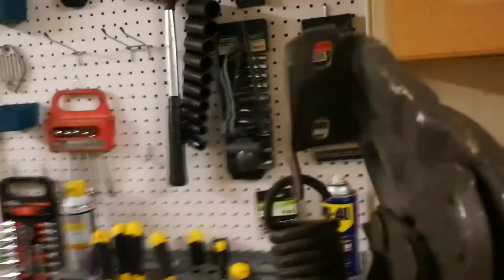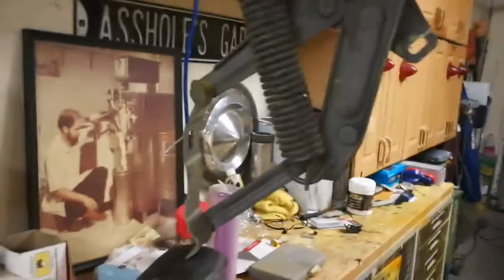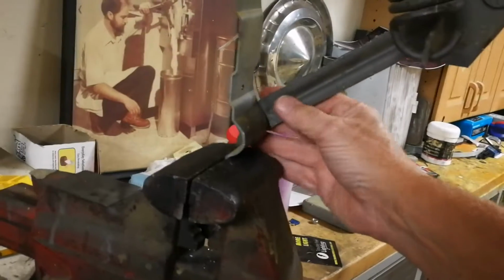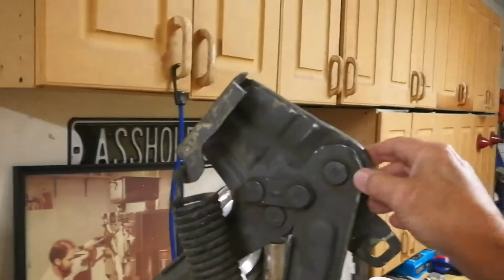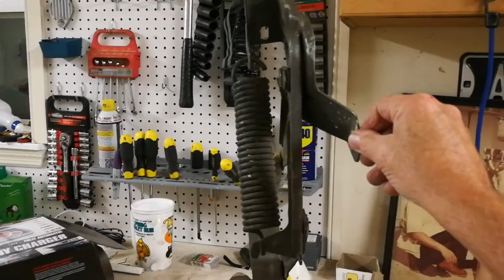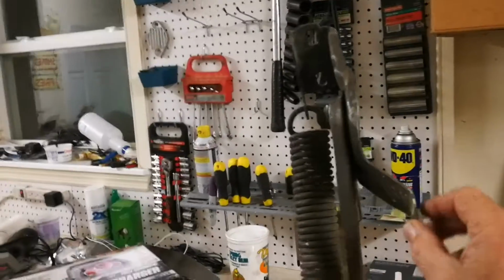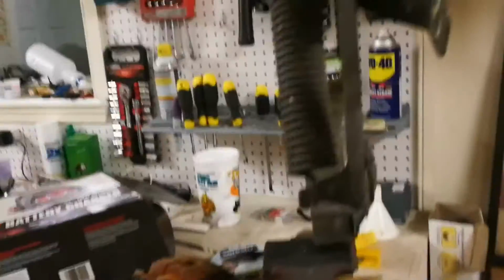Okay, this is the other hinge. And it has this lower hinge here, I think, maybe a hair. I can wobble it a little. Maybe you can kind of tell how much I've got mounted in that vise. So